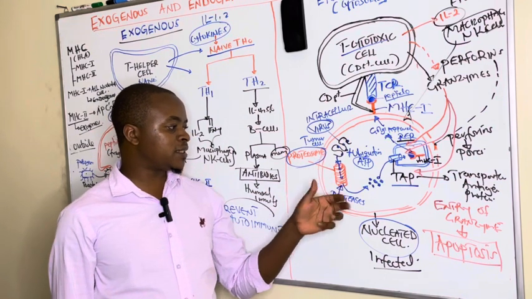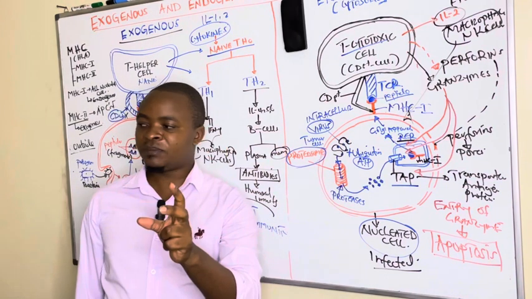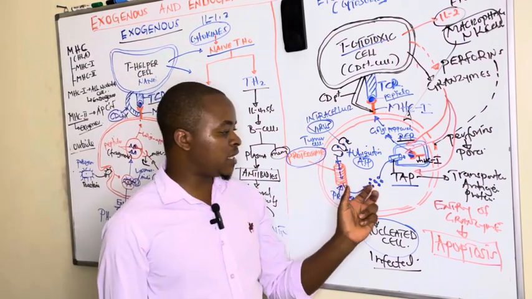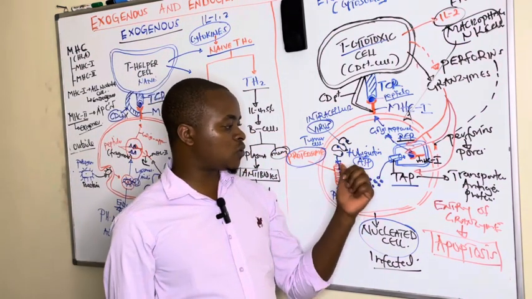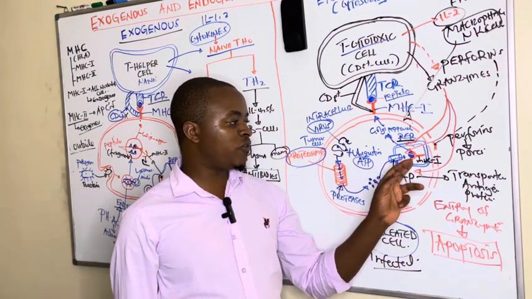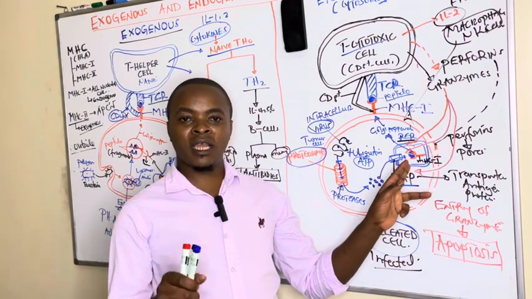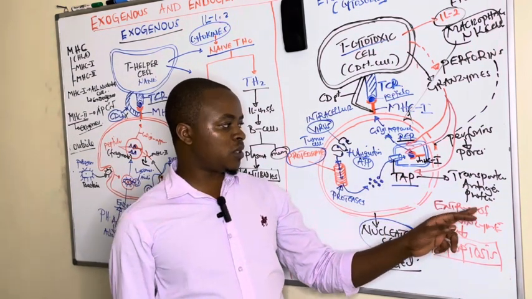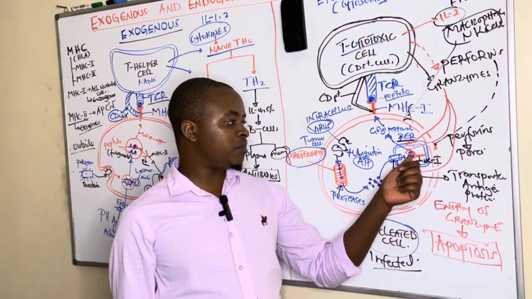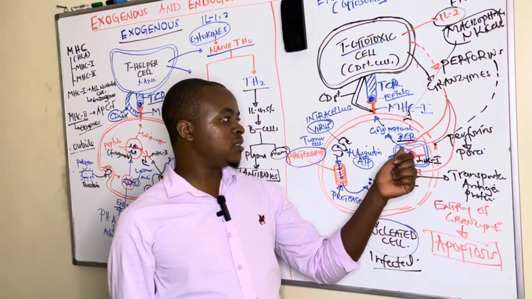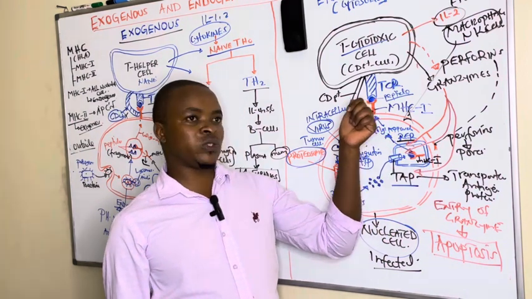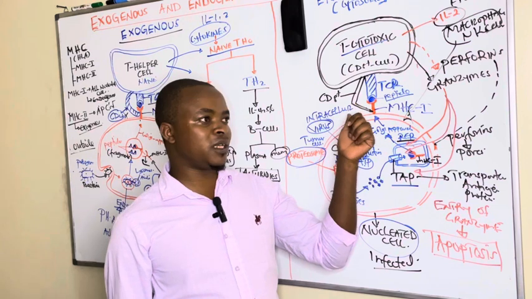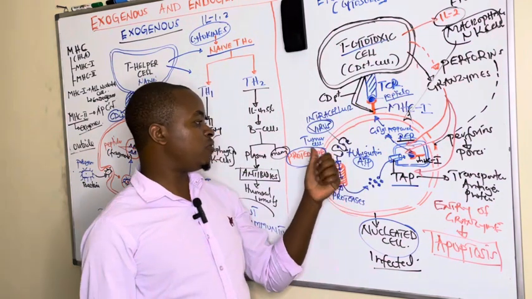These proteases cut the virus into smaller peptides, which are released within the cytosol and enter the rough endoplasmic reticulum, where class 1 is, via the transporter antigen protein. They bind, and after binding, it moves by exocytosis via the Golgi apparatus and presents a portion